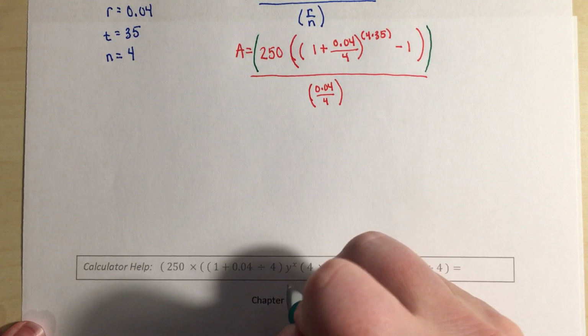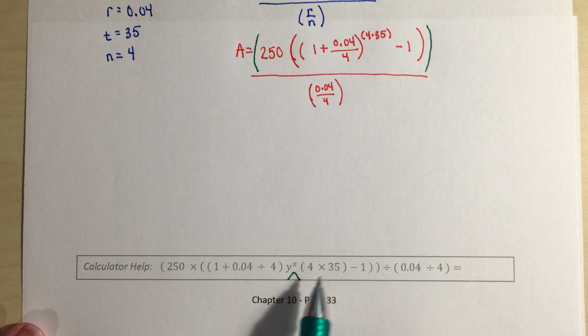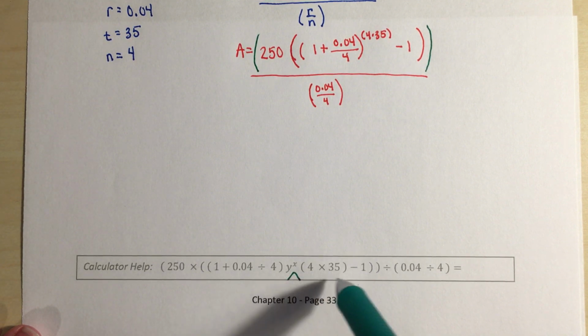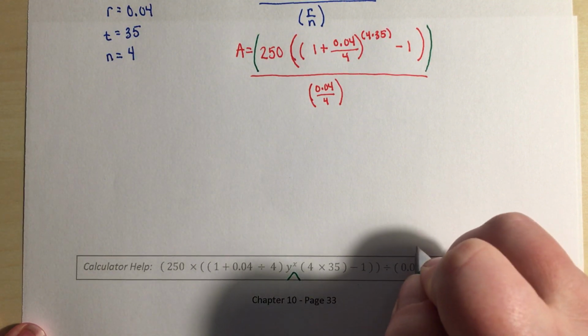Use our y to the x or our caret exponent button. 4 times 35. Again, if you wish to do that multiplication just to make it easier, 4 times 35 gives us 140. We could replace that part of our formula with 140 if you prefer. Again, make sure we close off all of our parentheses and make sure we get our denominator in parentheses as well. And this is going to give us